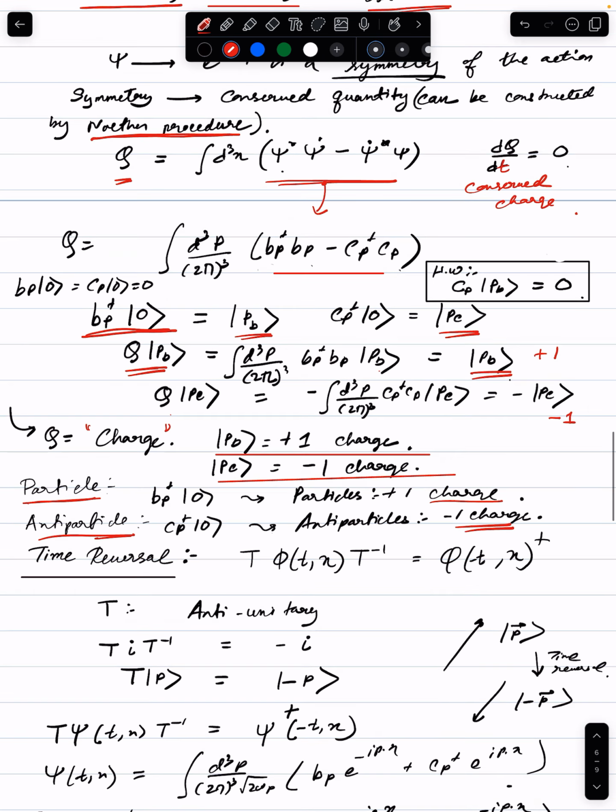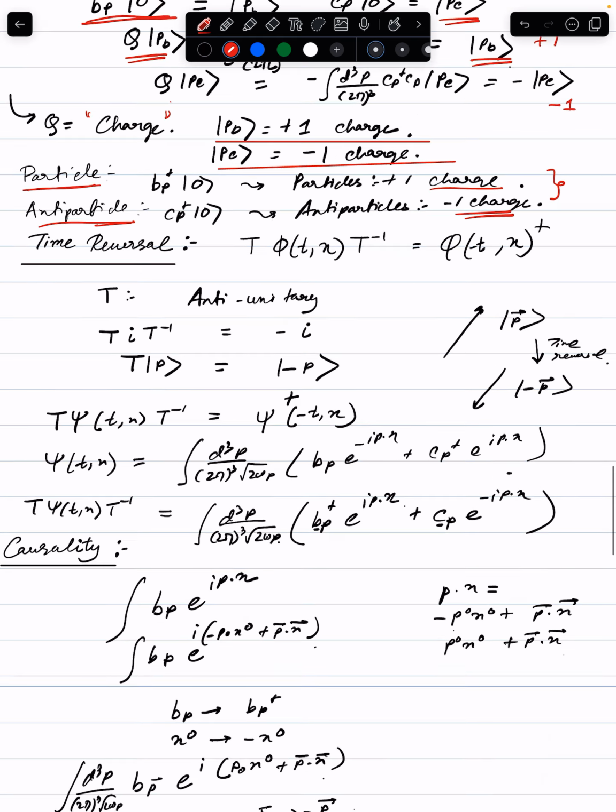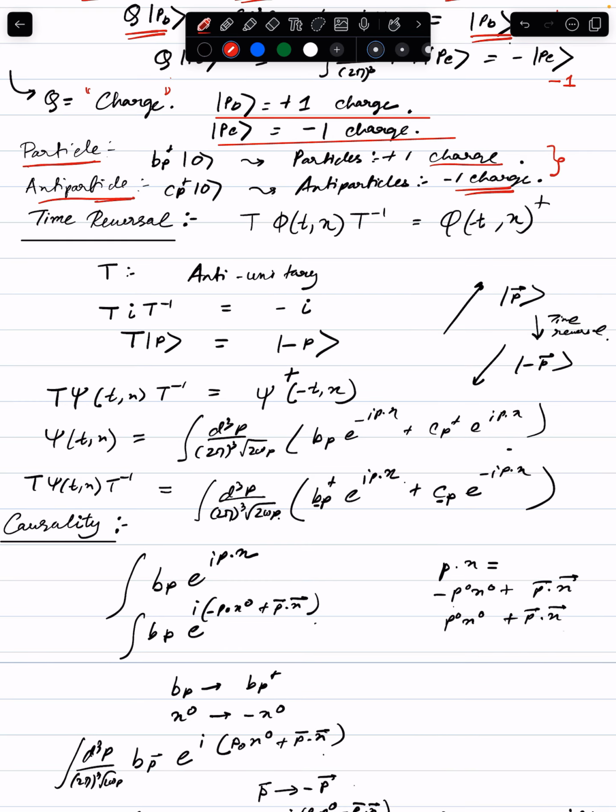So again, to recap what we did, there is a charge operator, and this is a conserved quantity. This is the only conserved quantity in this theory, apart from the Hamiltonian, etc. And for this conserved quantity, B and C particles have opposite charges, and so we consider them to be a particle antiparticle pair. Okay, good. So now we will see there's an interesting relation